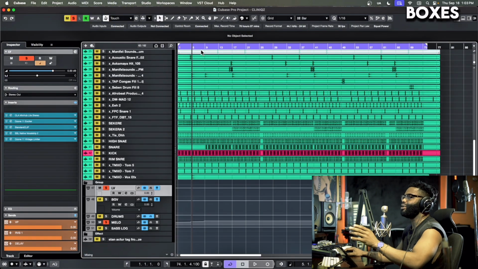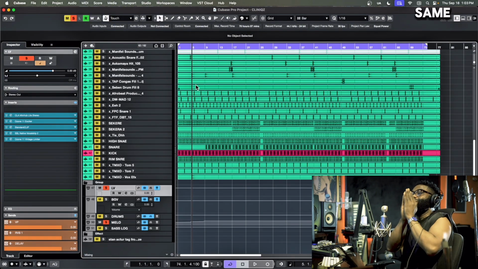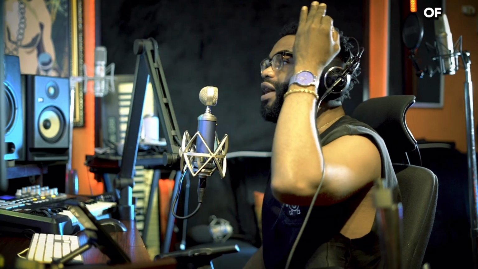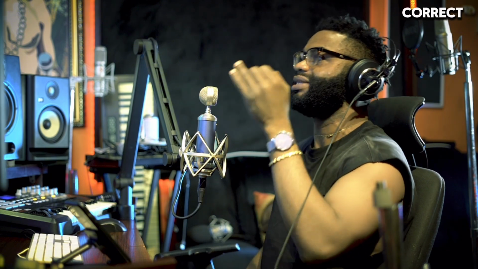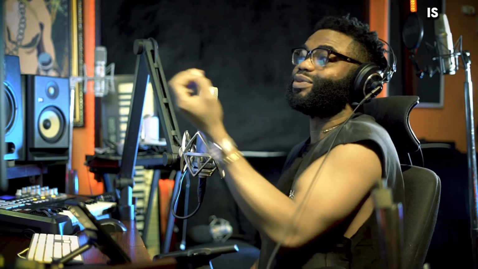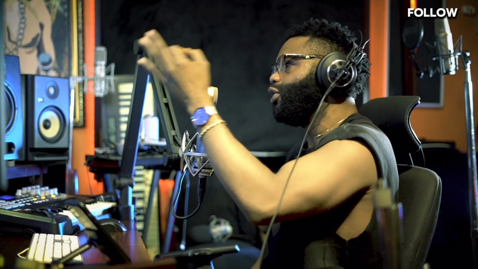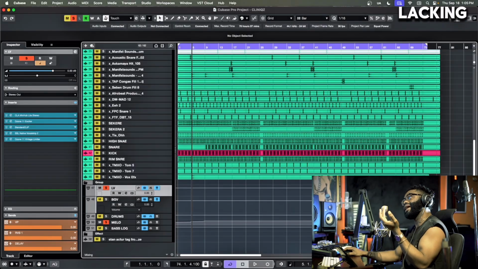If you look at my boxes, I'm using the same plugin. This secret is a top secret. The likes of Chris Lord, which is CLA, the likes of Andrew Scheps, if that is correct. This is what they retain. This is what they do. Most big engineers, this is what they follow. And if you don't know it, sorry for you. You might be lagging behind.